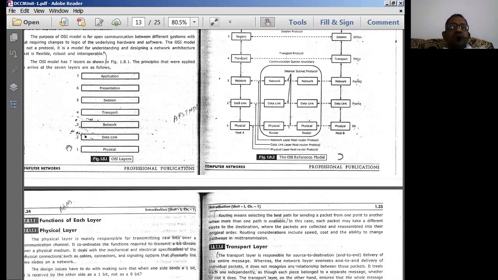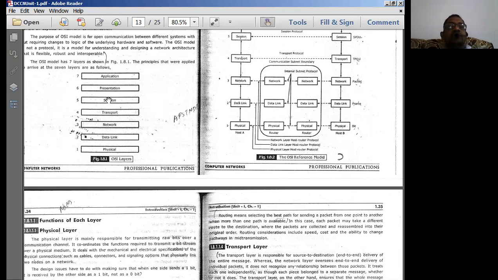The second unit contains the data link layer. So what is the functionality of the data link layer? The data link layer is normally used to provide end-to-end communication. All these layers, like the data link layer, network layer, and transport layer, are normally used to provide end-to-end communication, but every layer is going to add some information.